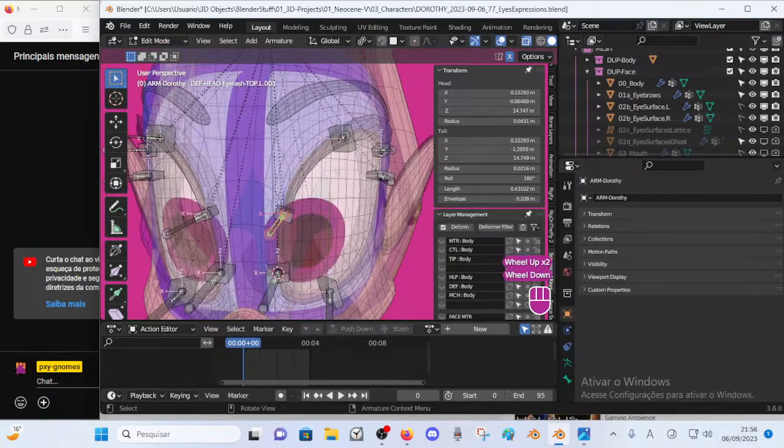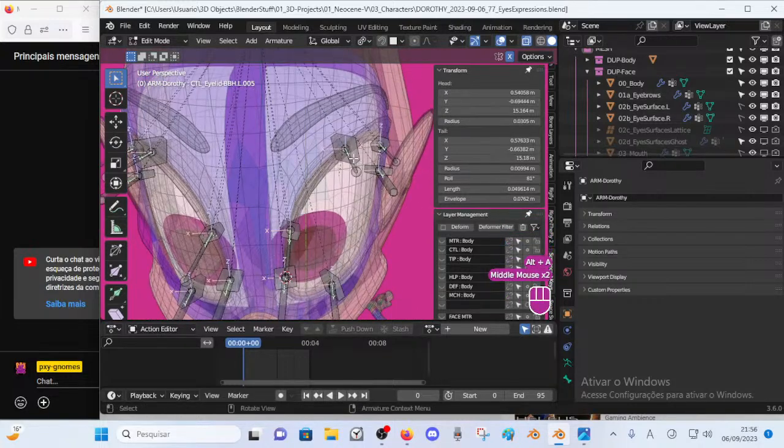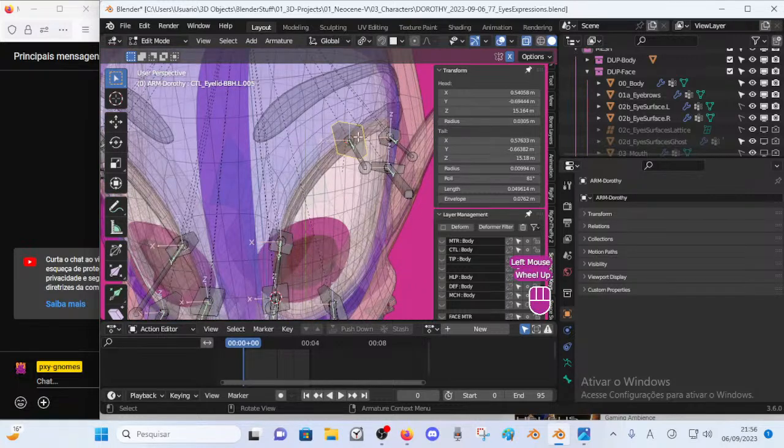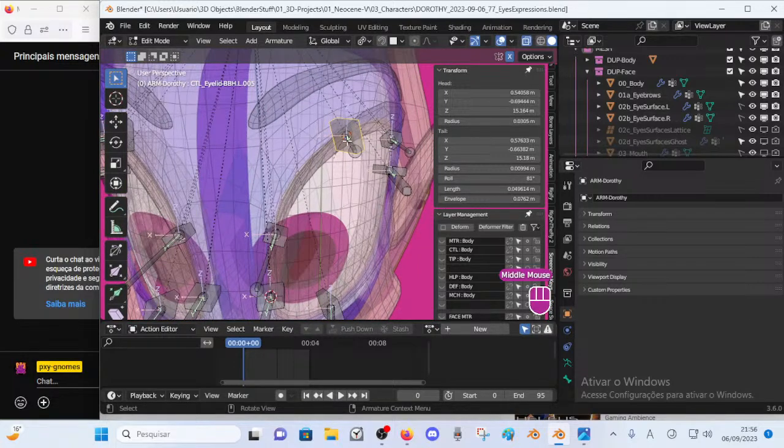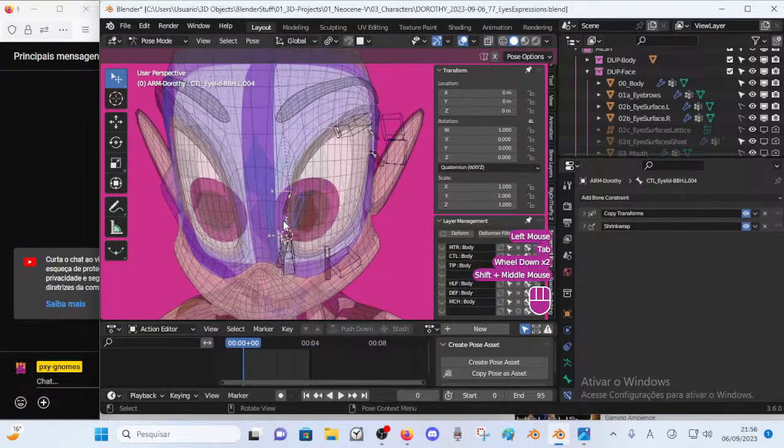Another alternative that I would have to create, because of the state of the rig for these sets here, is a proxy bone. I could do that for every set here, but actually only these require this, while these ones can do as I'm doing here.